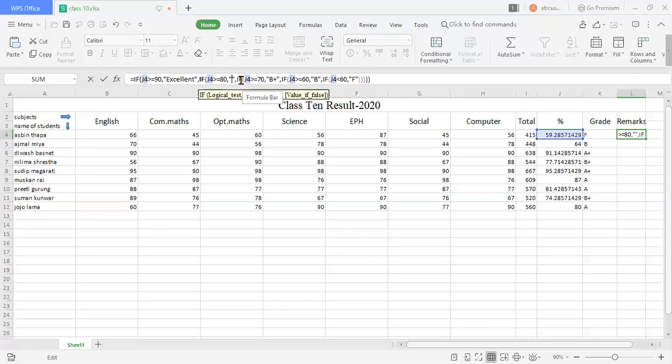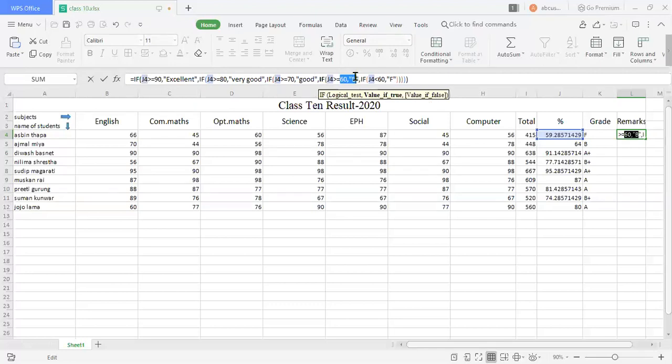Excellent. And if the percentage is from 80 to below 90, then we give very good. Similarly, if the percentage is greater than or equal to 70 and below 80, then we give good.